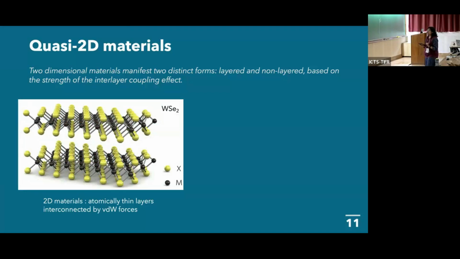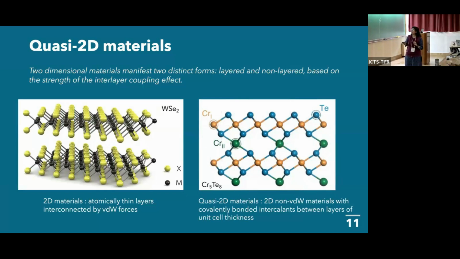So if you see, 2D materials are basically defined as atomically thin layers, and these are interconnected by the van der Waals forces. But when you talk about quasi-2D materials, you have these layers, just like in the earlier case, but also some atoms sitting in between these layers. And these atoms can now have covalent bonds with the atoms in the two layers. Because of that, this is not a strict van der Waals material, this is a non-van der Waals material